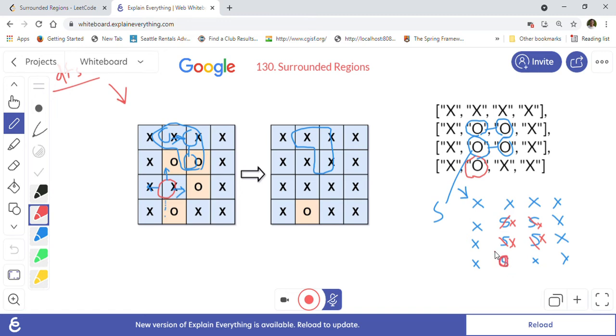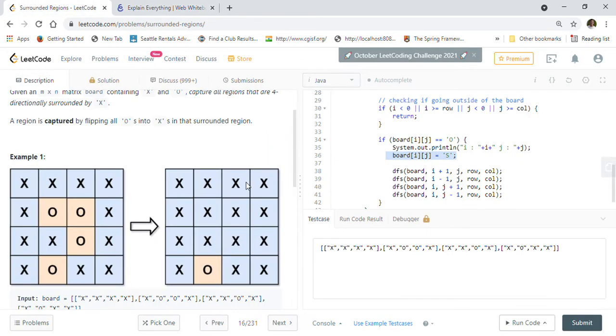So the captured region will be this one, X, X, X, this one. We converted that S to X. So let us look into the code quickly.